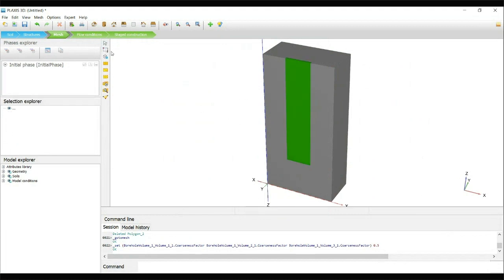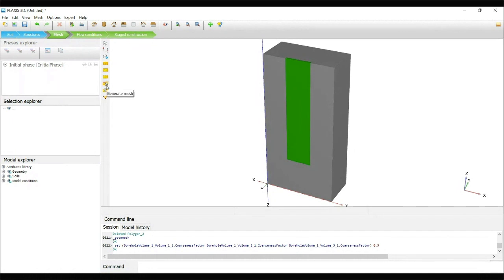Here we see again there is a different vertical toolbar. Again single selection, multiple selection, and this is the geometry check and refine the mesh. What we have done is refine the mesh by 50% compared to the remaining area. If you want to coarsen, you can also do the command, and if you want to get back the original, you can use this reset local coarseness.